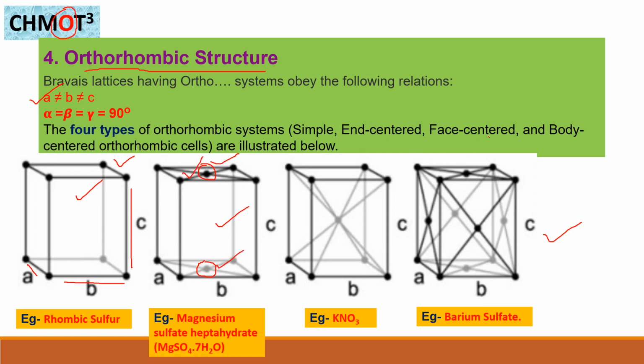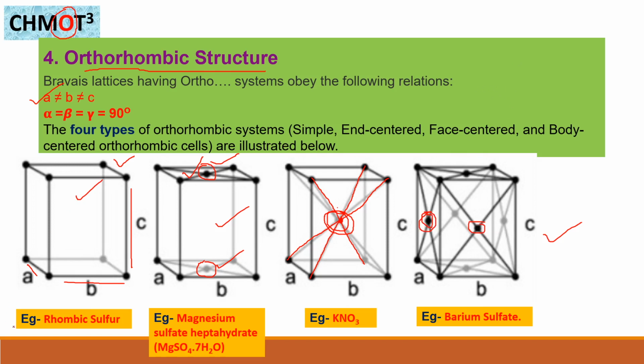So what does face centered mean? In the entire unit cell, in the middle zone of that face, if you trace a line from one atom to another atom, and another from one atom to another atom, the point where all these lines meet is the center part of this face. So that is nothing but face centered. And the last one, the body centered.